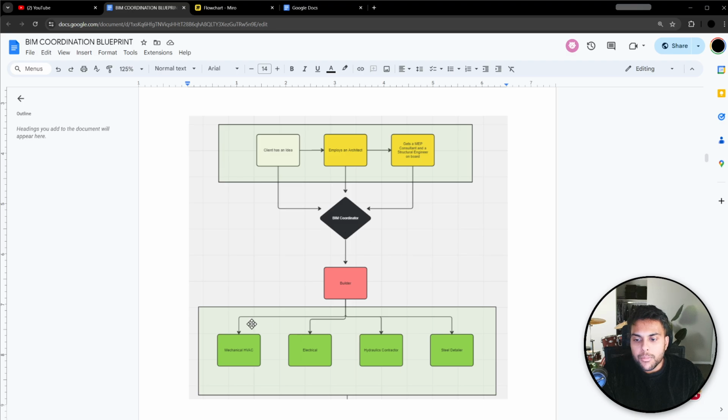So you can be a coordinator working in one of these companies, and you can either coordinate individually, individually E, individually P, plumbing, or individually steel detailer, or you can work as a BIM coordinator in a BIM consultancy. You can start your own consultancy, and that BIM coordinator usually can get engaged to coordinate throughout the whole entire project. In this case, they set up the whole project during the design phase, and they make sure the architect is coordinating with the MEP, and then everything's good there. Then when we go into the construction phase, which is like 6 months, 12 months after this whole process is finished, he or she makes sure that everything is properly coordinated in the construction phase,